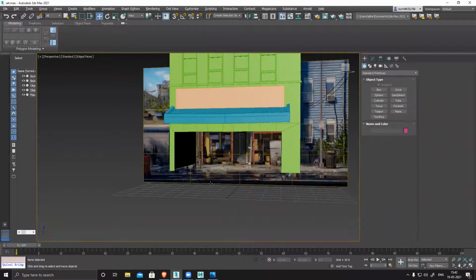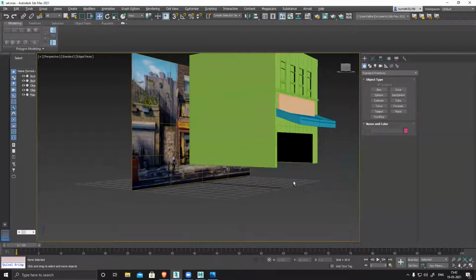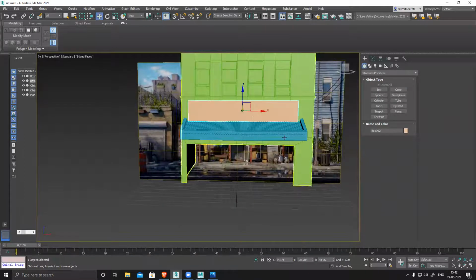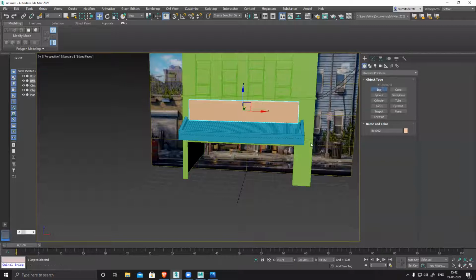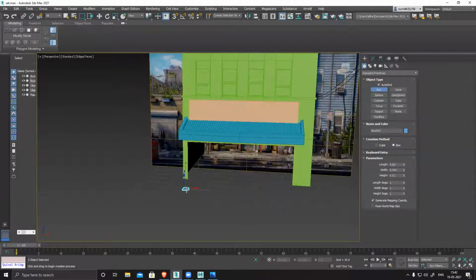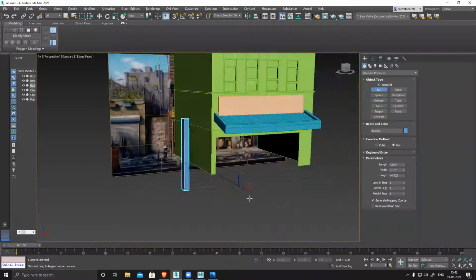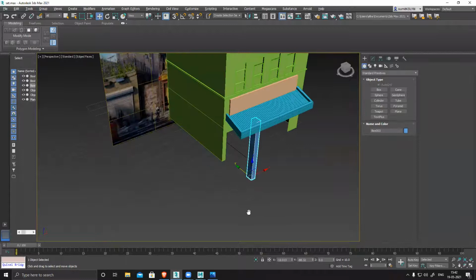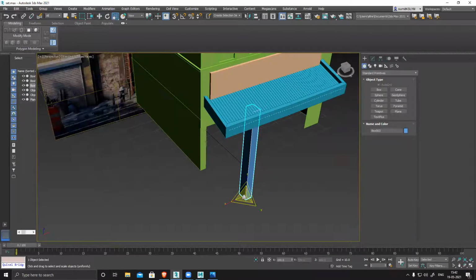Now, this shade has some supports. I can see that very clearly. Those are basically just a box. It's a huge box, so I'll just place it. Scale it and get the correct size.